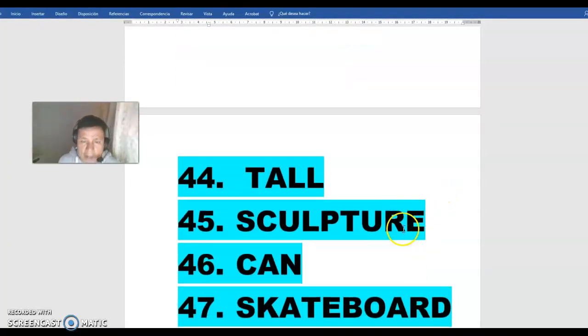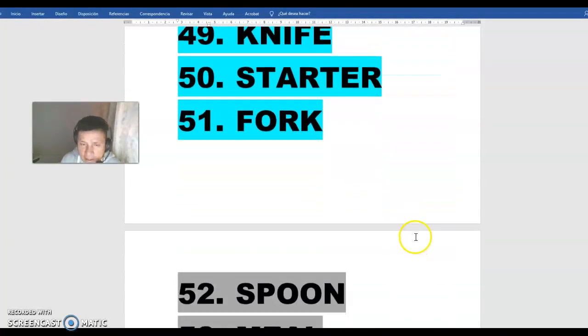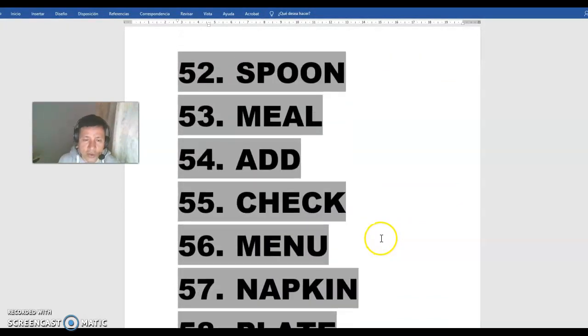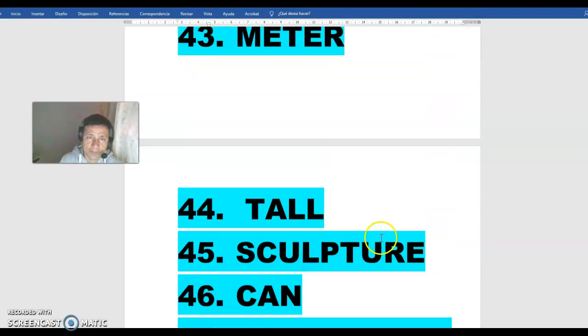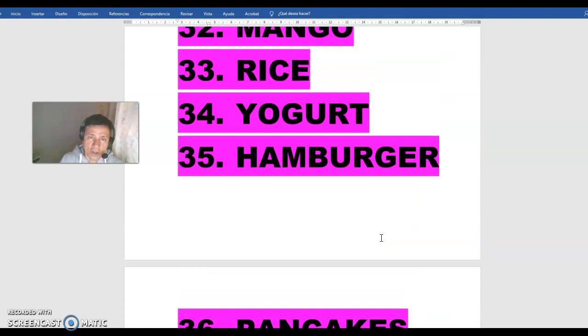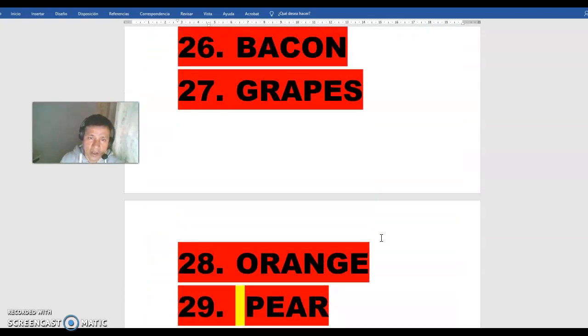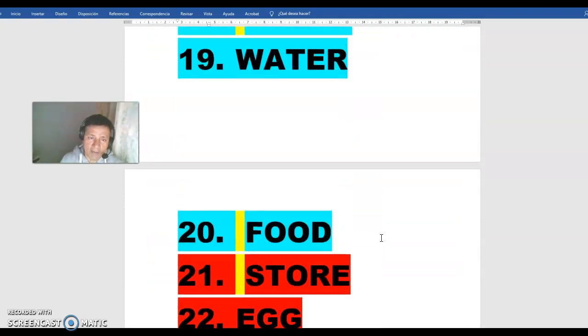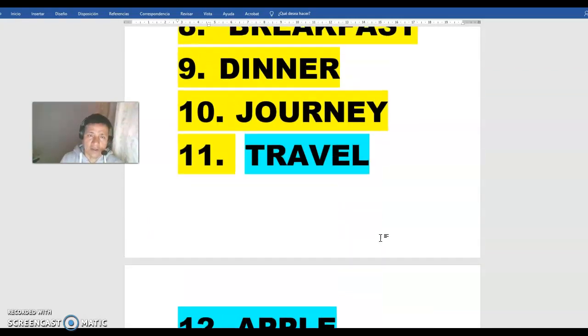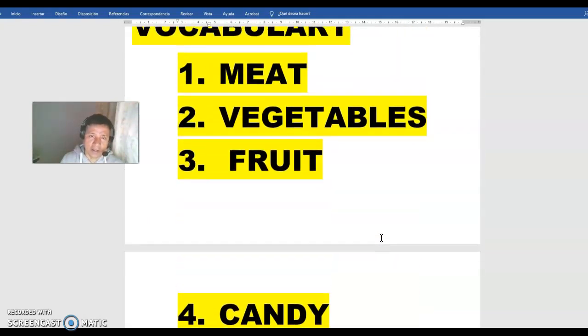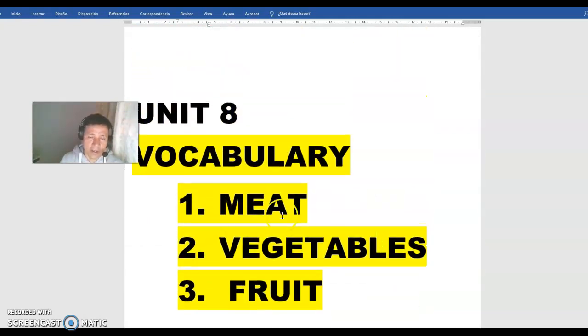So I remember last class we were studying unit 8. It was about food. We have studied these words. I think it is very important to understand. So this is to practice the pronunciation. Okay, one more time. So repeat: meat,